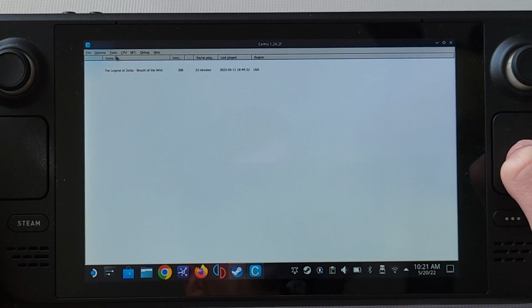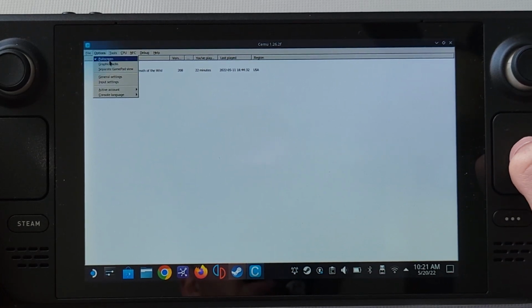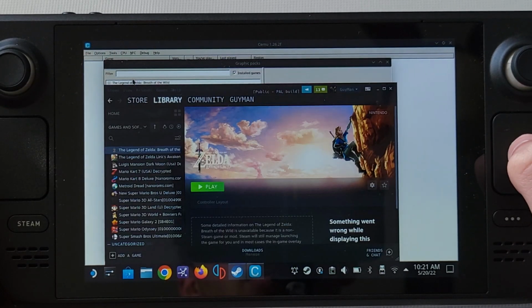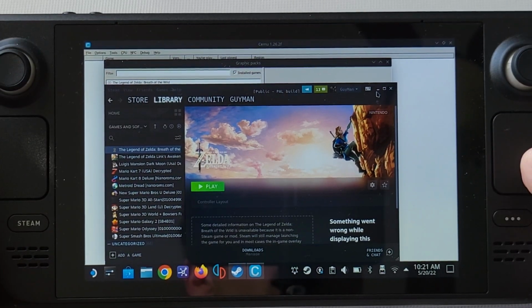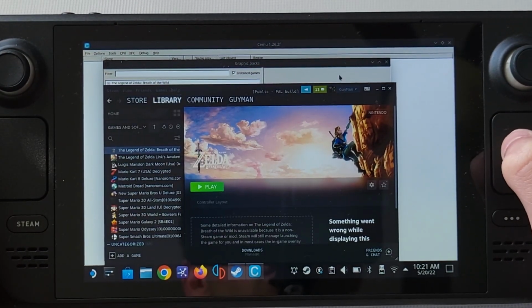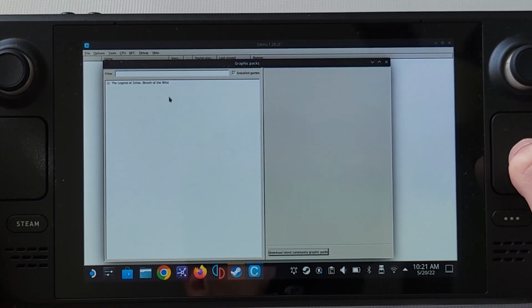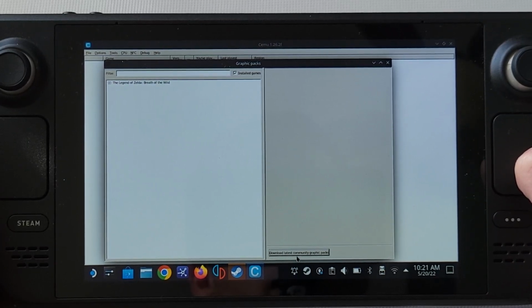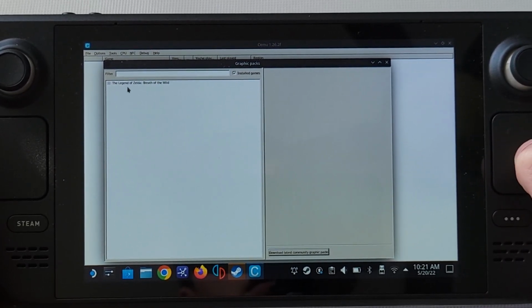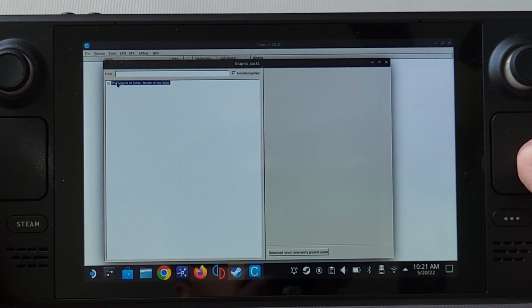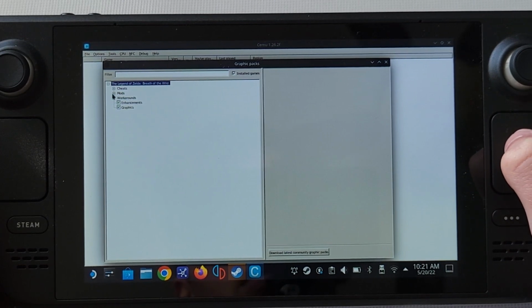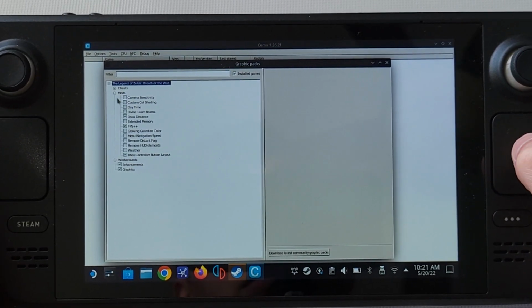Okay, so now we're going to move over to graphics packs. So in here, and then let me move this out of the way. Okay, so we're going to go to Legend of Zelda Breath of the Wild. If that's not showing up, make sure you click Download Latest Graphics Packs. Okay, and then you're going to go to Mods first, and make sure that you have